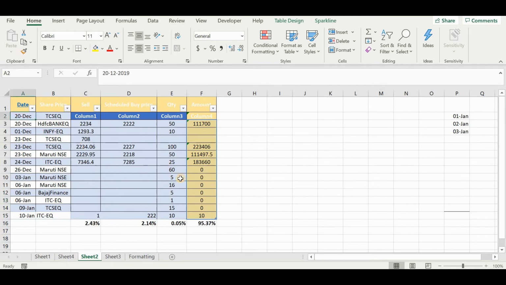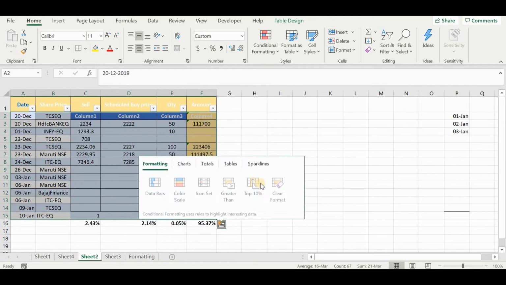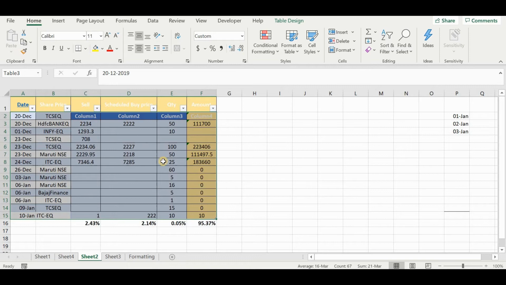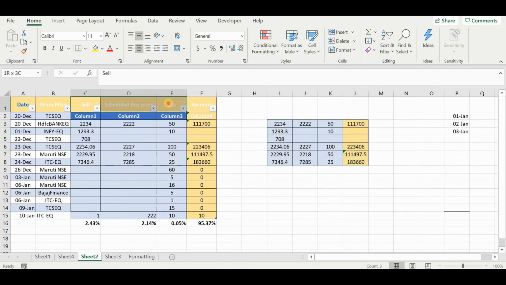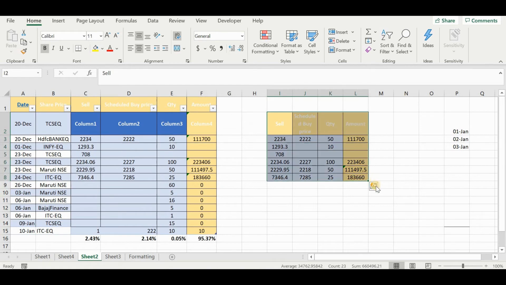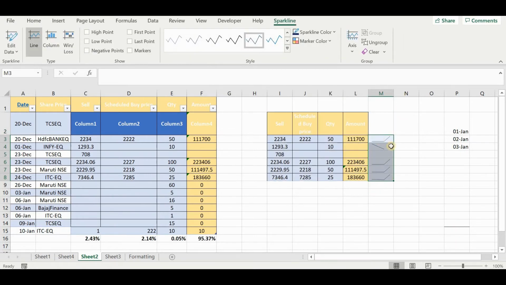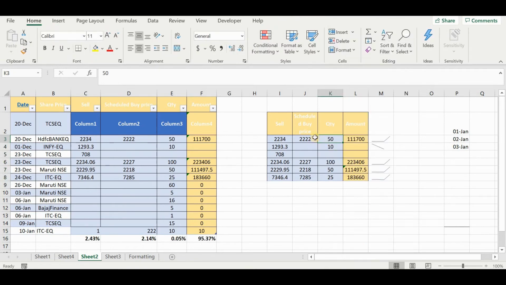Okay, so that is about quick. And let me show you one last thing. So let us select this data, and let's paste it here. Let me write this as well. When you write this, you get this. Click on sparklines. So automatically see a beautiful sparkline has come. What this sparkline does is it tells you like 2234, then 2222, then 50, then 1,700,000. So here it is not that much relevant because this is not the same data.